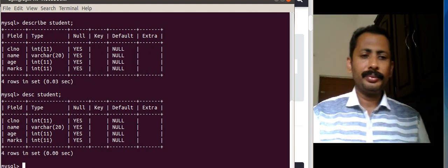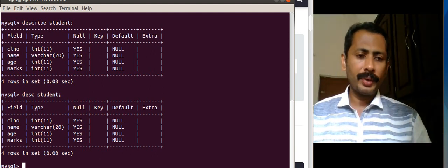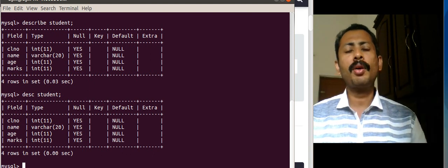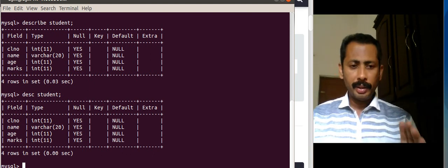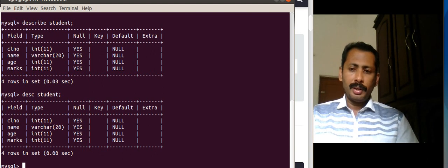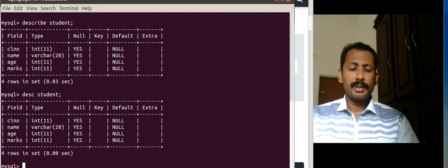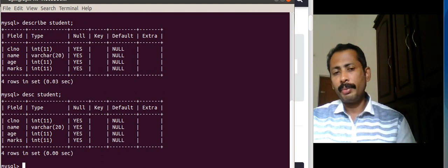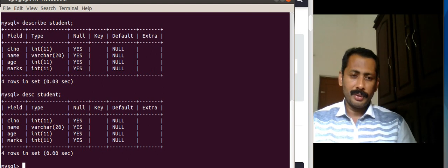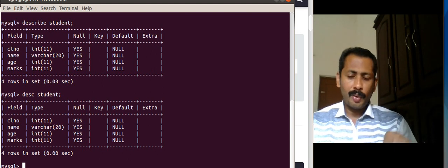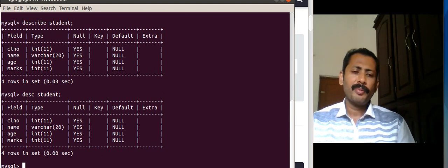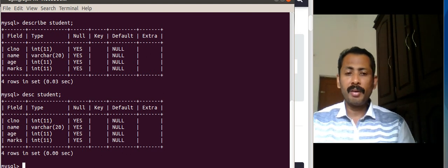So I have taken a paper, I have drawn a table, I have four columns as class number, name, age and marks. Okay, now I want to fill data to this table.